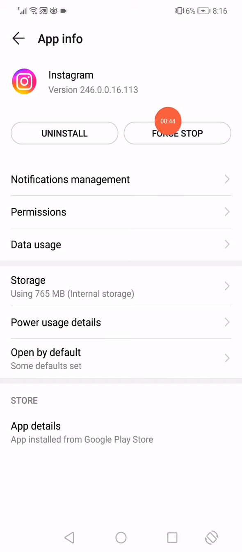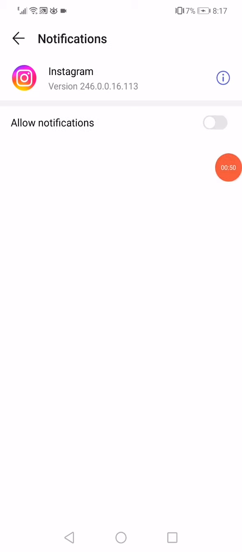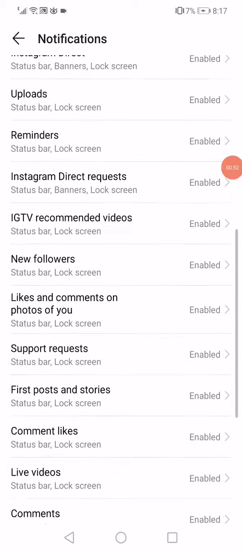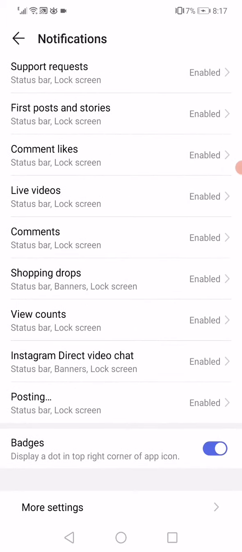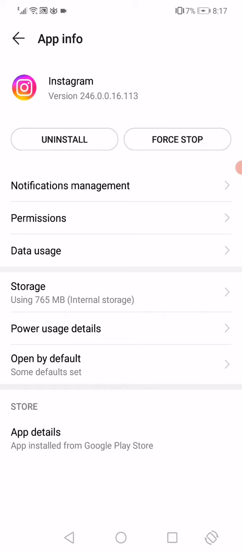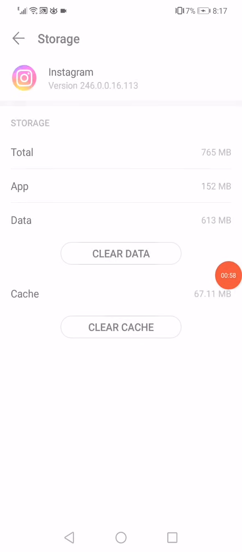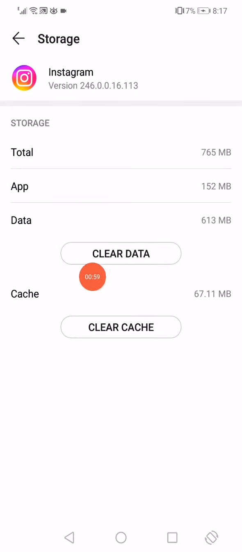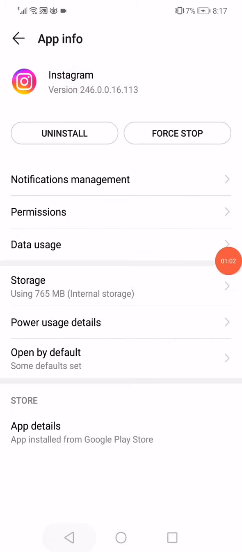the force stop option. Now after you click on the force stop, go to the notifications management and enable it. Enable all the notifications. After that, go back and click on the storage. Now here click on this option, it's called clear data, and then go back and restart your phone and the